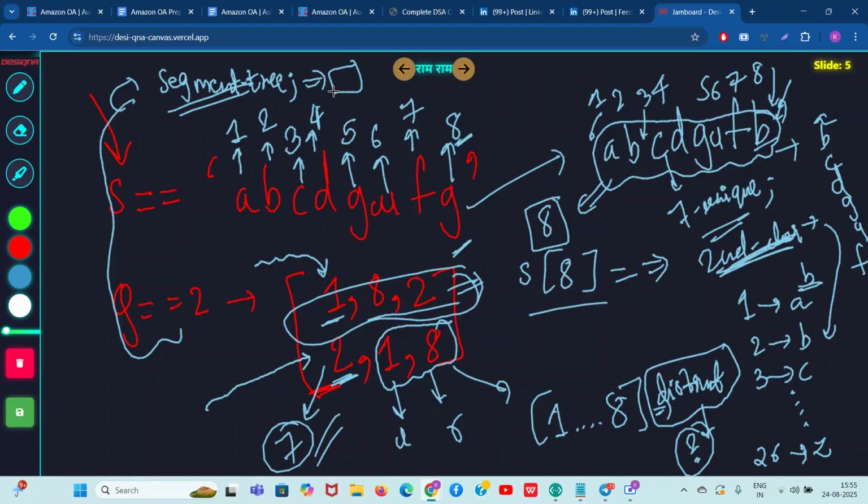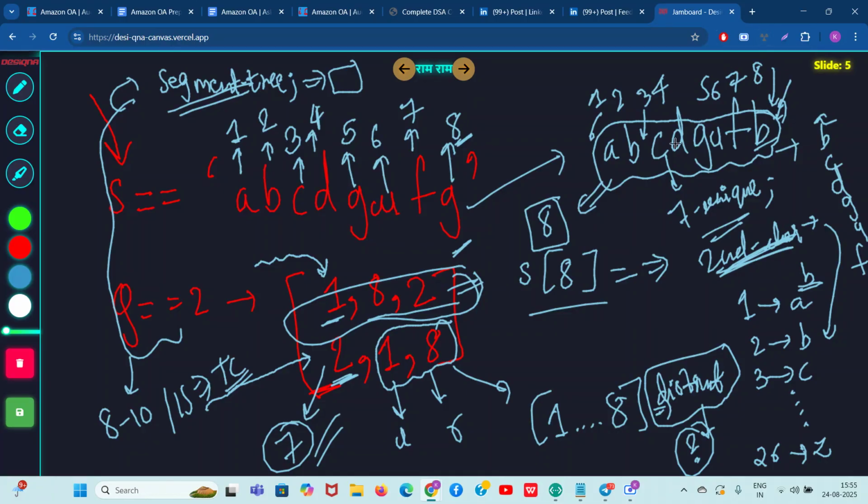In part 1, let's try to discuss how can you write the brute force, because guys, even if you write brute force now, you can end up passing 8 to 10 test cases out of 15 test cases, and you might have the chance to get the interview. So how can you write the brute force code for it? Let's discuss that. So first of all, the string input is always given to us, right?